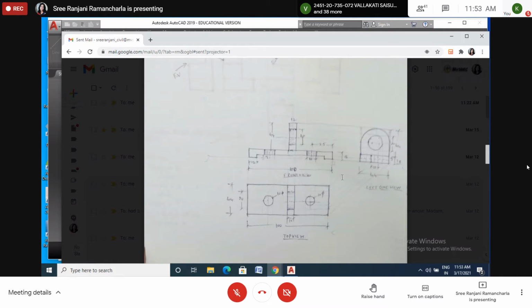Now about this one, just see here. I projected here at 45 degrees. Whatever points we are getting from there, you have to project at 45 degrees and complete this one. Even the center also. See, I have taken the center line. You can see the small light line. So like this you have to draw. You have to match all the points. Then only it means you have drawn it correctly.